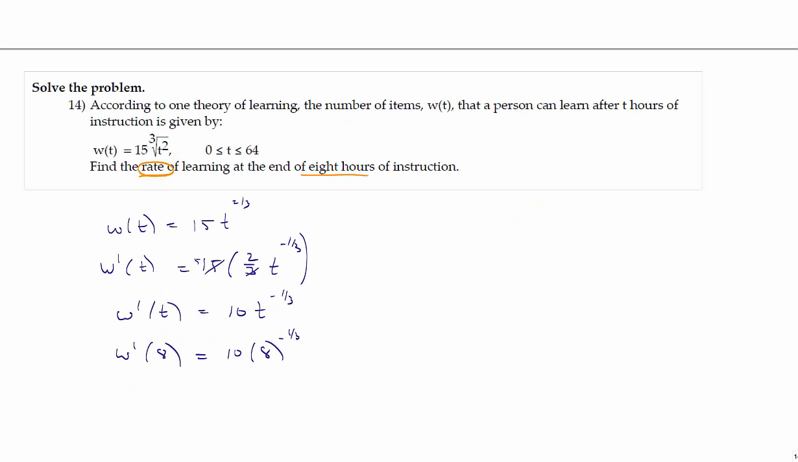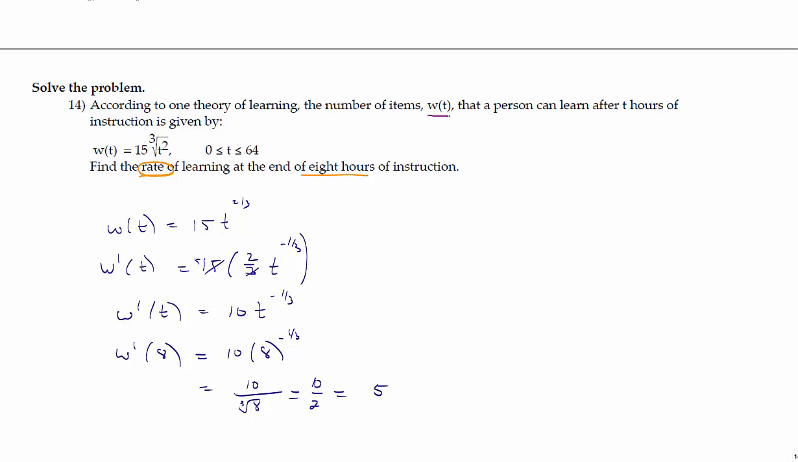So you can plug this into your calculator or just rewrite it as a fraction. So I've got 10 divided by, because the negative exponent, and that'll be the cube root of 8. So 10 divided by 2 will give us 5. So I've still got to figure out what my labels are. So again, going back up to the original problem,